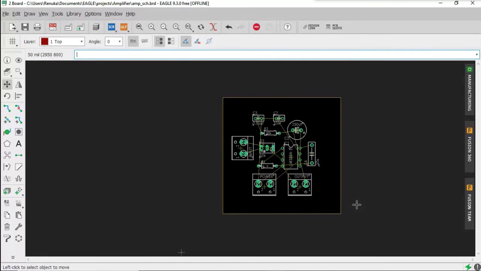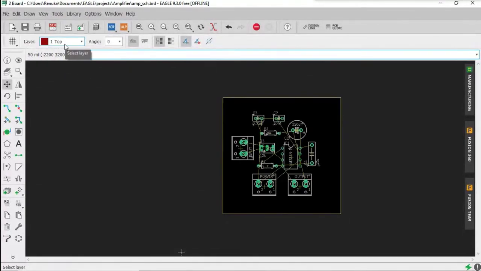Based on your components used or depending upon the complexity, you can arrange the size of the board. So after you have arranged the size, make sure here on the top there is an option called layer.